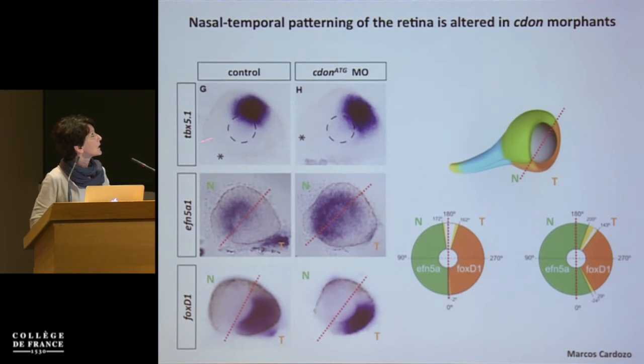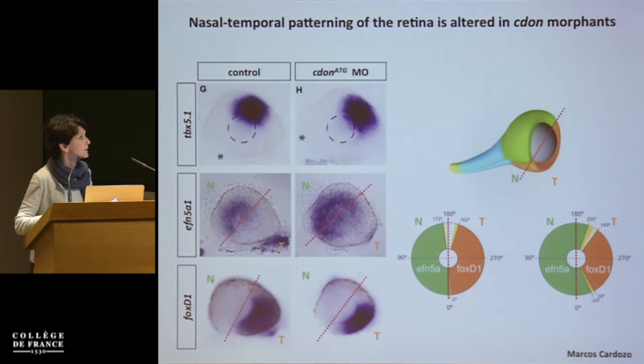In fact, if we let grow the Kidon morphant, what he observed was a shift of nasotemporal patterning, an expansion of nasal markers like Ephrin 5A from nasal to temporal, and a restriction of temporal marker like FOXD1 in the temporal domain, that here are quantified, indeed suggesting that there is again a relationship between Kidon function in limiting sonic hedgehog expression and therefore also controlling